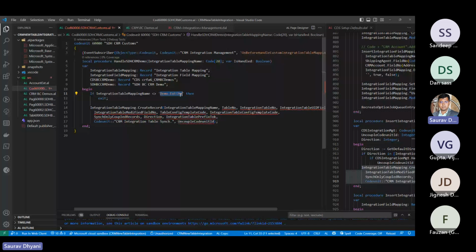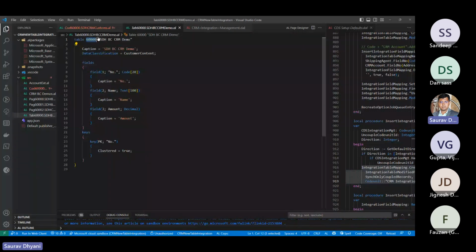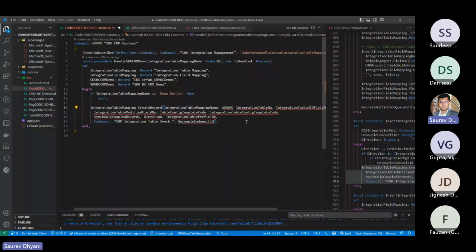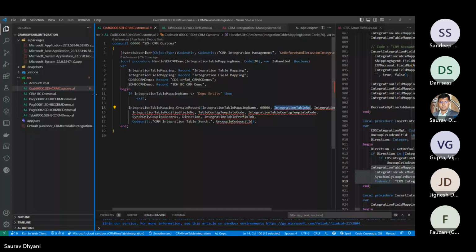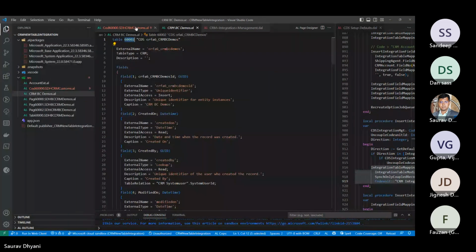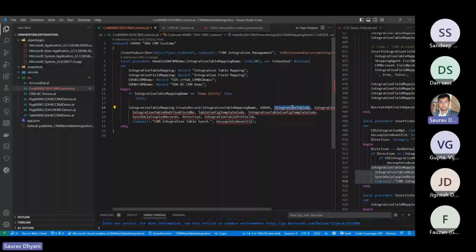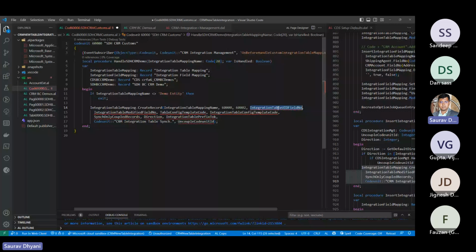Is it the table number or the table name? Let's see. It's an integer. So my table number for this case is 60,000, the actual table number. And the integration table number, which is 60,002. Okay. Then the next field is, or you can just even pass the table names if needed with the database and all. Once you have defined that in the create record,